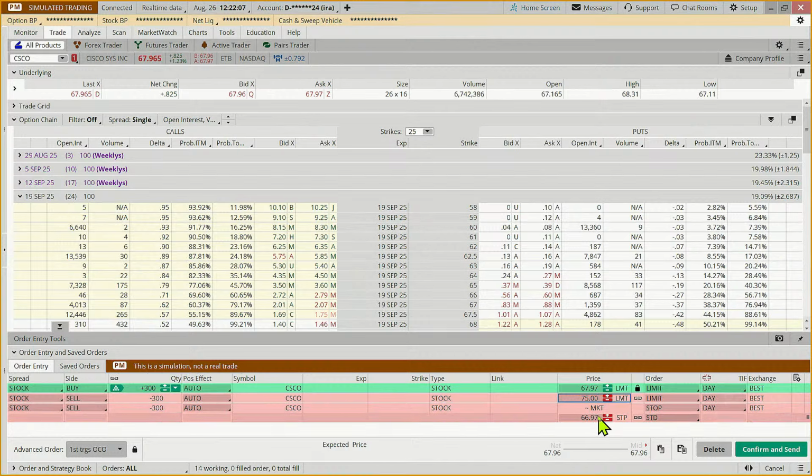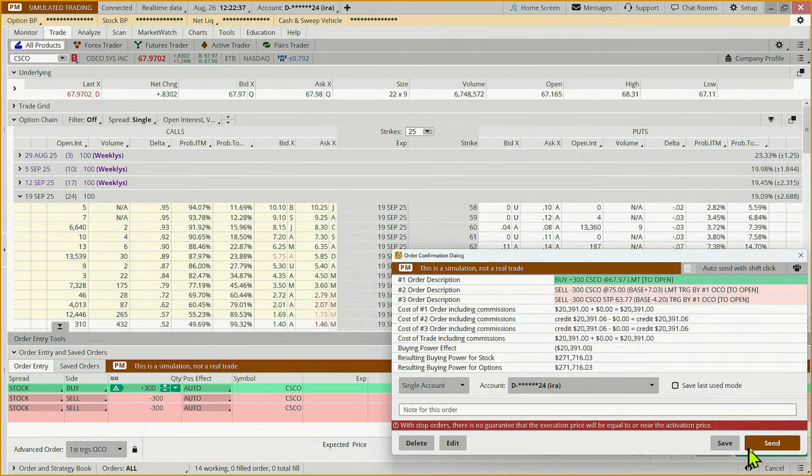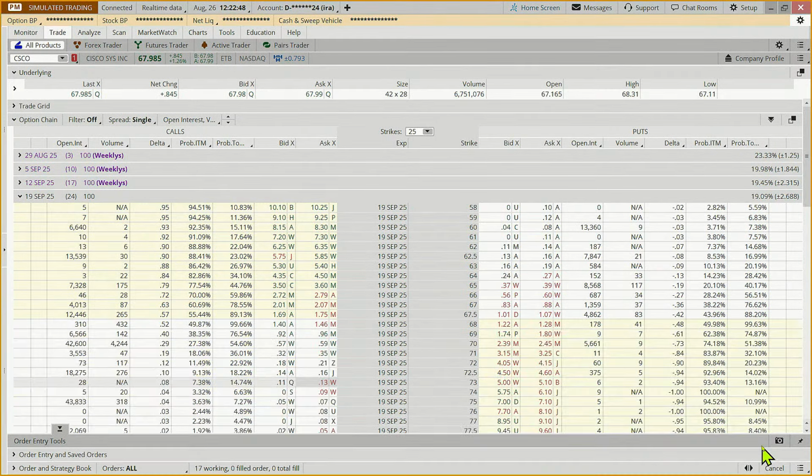So 300 shares. We're going to make our price target here 75, and our exit 63.77. Oops. Like I always like to do at least, I may have to go in and change these later. It's not letting me open them and I'm not quite sure why, but we want to make our exits good till canceled, and I can show you how to change that. I've got something glitchy happening with my system. Okay.